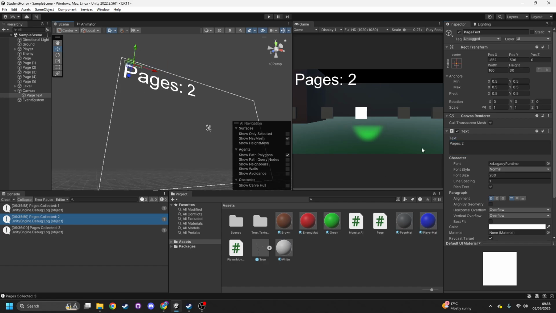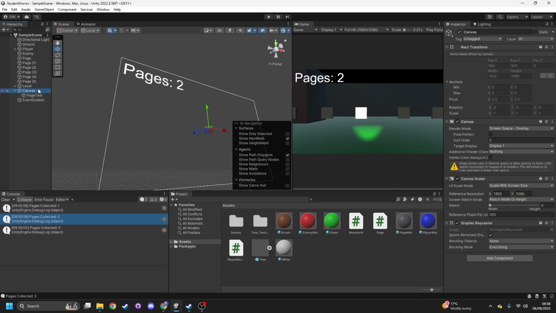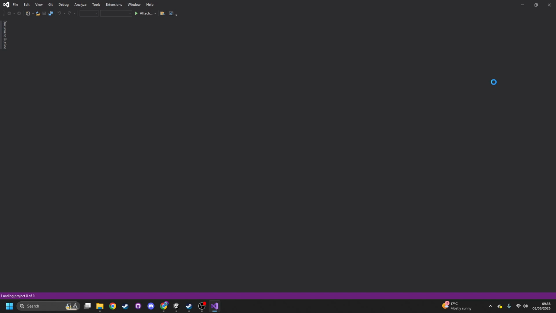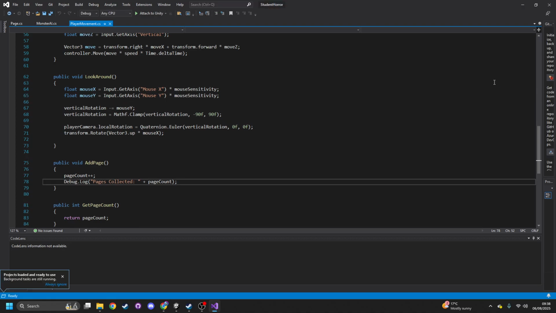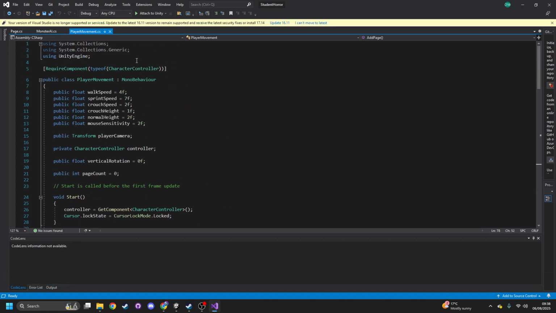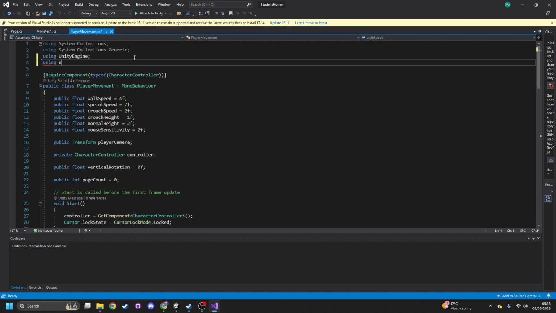So we're just going to call that pages. Now I'm going to lower that down to 160, and that will be fine for now. We can import a different font later, just to make it look nicer. But yeah, so what we want to do is go back to our player. We're going to open our player movement script up. And this isn't going to be the cleanest code, because this is one of our first Unity games. I think the idea is just to get everything in. If you're making a full, big horror game, you might want to split this into a different script called Game Manager that controls it. But for now, for what we're trying to accomplish, it's absolutely fine to do